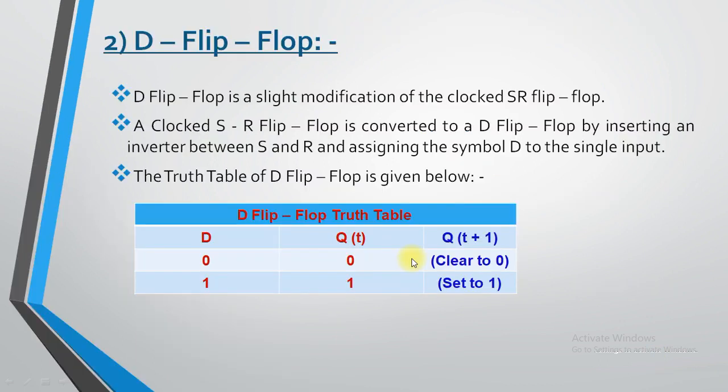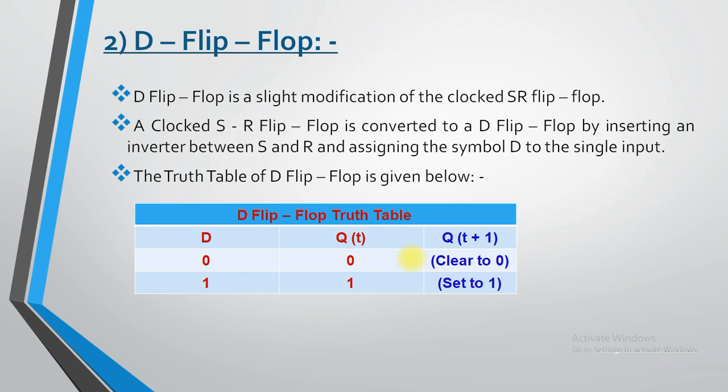Now see, the D flip-flop is based on the SR flip-flop only. There is a slight modification in the SR flip-flop. So those students who are not clear with the concept of flip-flop or with the SR flip-flop need to refer to the previous video. Then only will you be able to understand this particular session. The D flip-flop, JK flip-flop and T flip-flop, these three flip-flops we are going to understand in this session, and you can only follow if the previous session is properly clear.